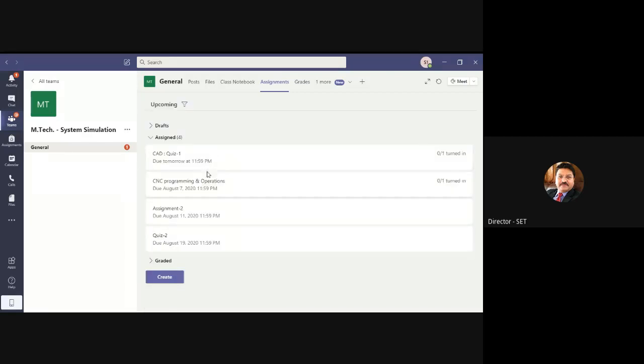So now quiz 1, and down is quiz 2. Quiz 2 is also assigned. So this is how we give assignment and quiz. And then we will see the